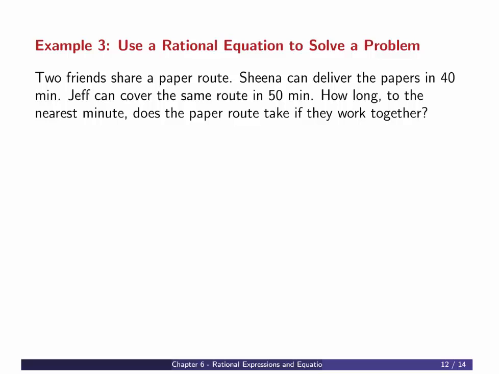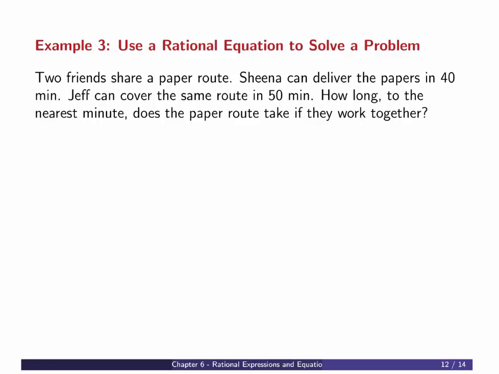It says 2 friends share a paper route. Sheena can deliver the papers in 40 minutes. Jeff can cover the same route in 50 minutes. How long to the nearest minute does the paper route take if they work together? So Sheena can deliver these papers in 40 minutes. Jeff can cover the same route in 50 minutes. Right there you have a rate. Okay, you don't know the distance,